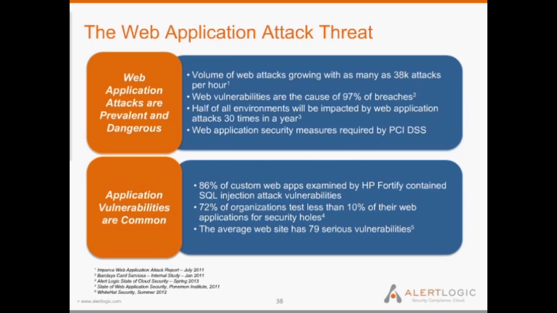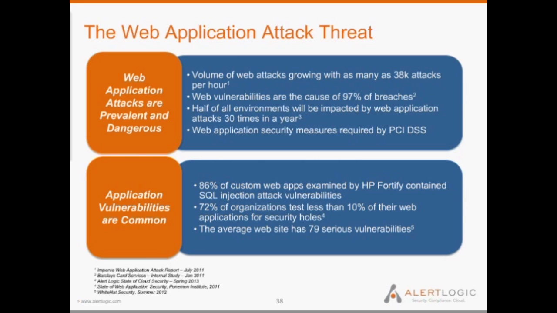And it comes from the fact that very few organizations actually consistently test their web applications for security holes. According to this study, 72% of organizations test less than 10% of their web applications for security holes. And as a result, the average website has 79 serious vulnerabilities, which we almost never see on the network and host side. It would be an extreme outlier to see an internet-facing environment that had that number of network and OS vulnerabilities in any context. This is really unique these days to web applications, and it's understandable. Developers are under pressure to meet deadlines. QA groups generally aren't staffed with security experts who can do the security testing, and so as a result,